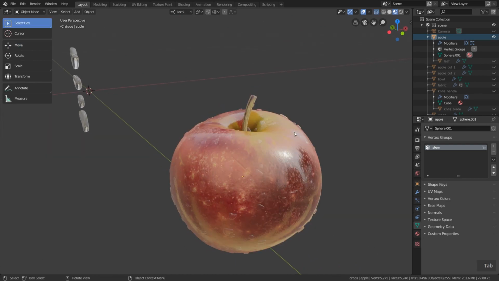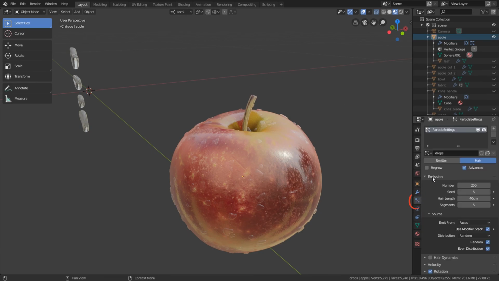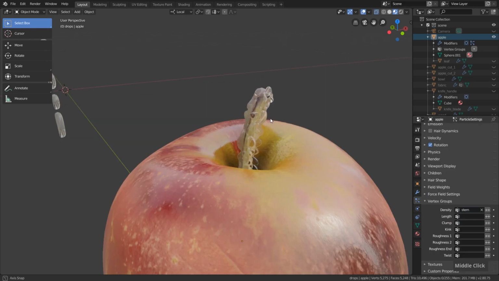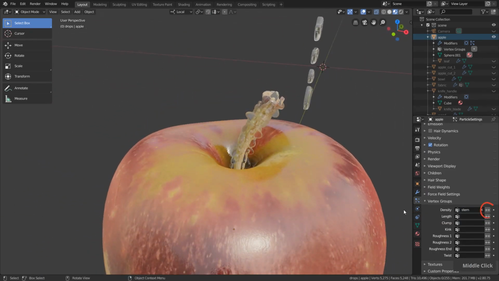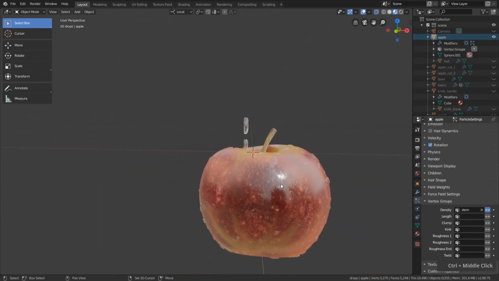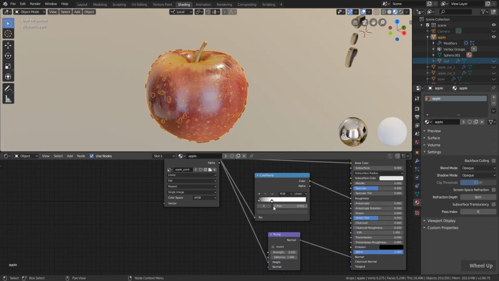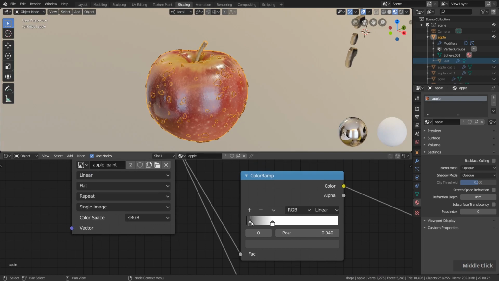Tap back to object mode, go to the particle settings, then go down to vertex groups, click into density and select the stem vertex group. Now all the drops are only on the stem. Let's click this little invert button so that the stem will be excluded. And if you like, you can also go to the shading workspace once again and add a bit more glossiness